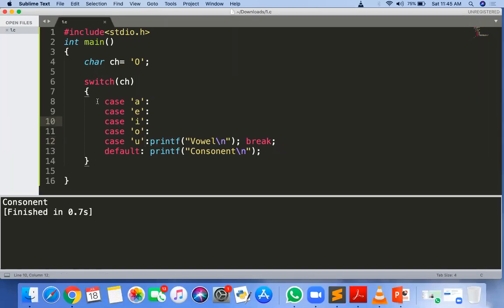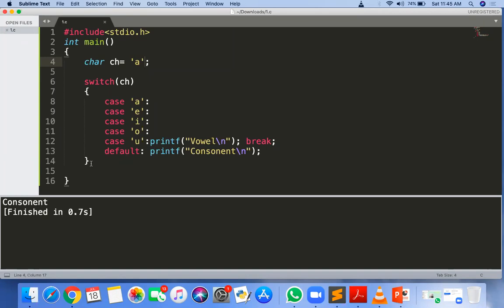I will take one program regarding the switch. If the user gives input, then also your case statements should be AEIOU only. Actually, in this IDE that I'm using, the user input is not working. That's why I'm giving the hardcoded input here. But it is very similar. User input means you are storing A in CH. Very simple. Here also it will get compared. User input is compared, and the hardcoded input is also compared.